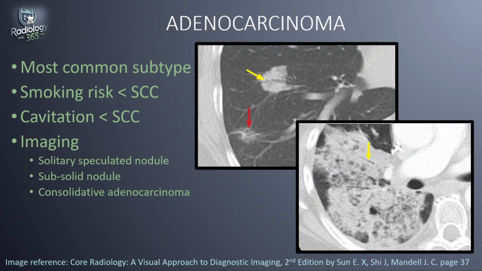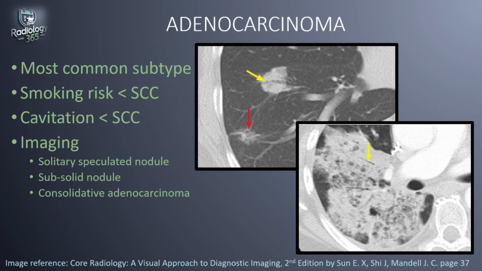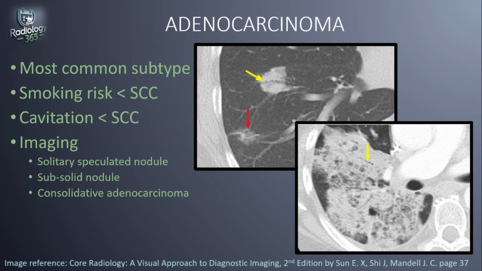The typical radiologic presentation of adenocarcinoma includes a solitary nodule with spiculated margins due to surrounding reactive fibrosis. You can also have a pure ground glass nodule or a subsolid nodule. And this subsolid nodule could be mixed ground glass and solid. You can also have purely consolidative adenocarcinoma, which may present as diffuse ground glass opacities or diffuse consolidation resembling airspace